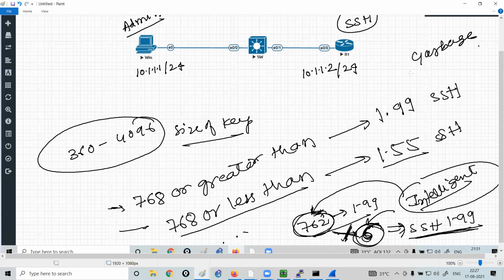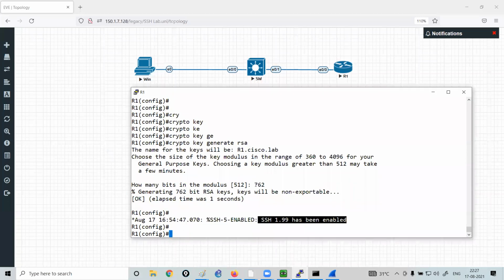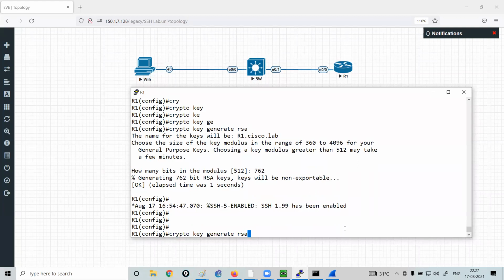value. Okay, so basically what happens, if you keep the key size near 768, let's suppose you keep it 762 or 763 or 761, your router will add a garbage value by itself so that the user can have a more secure version of SSH. Is it clear? That's the reason why, even though I have configured the key size as 762, SSH 1.99 has been enabled. If I remove these keys,